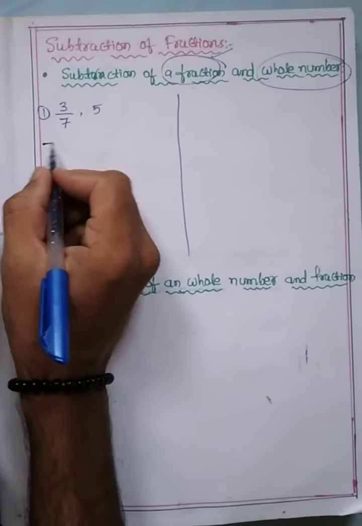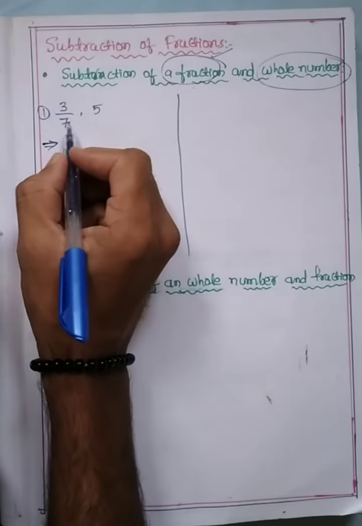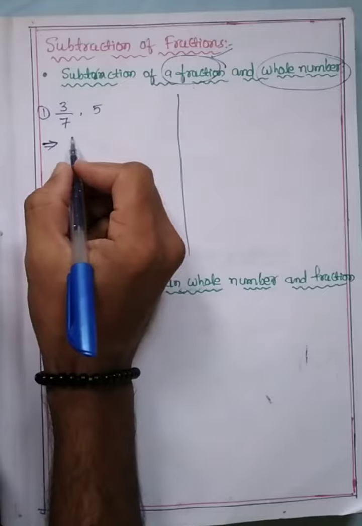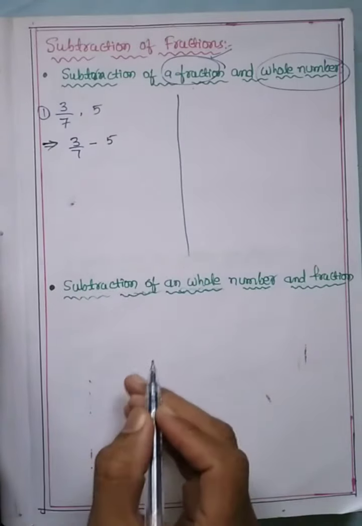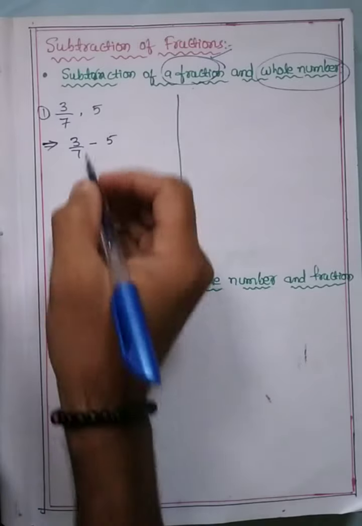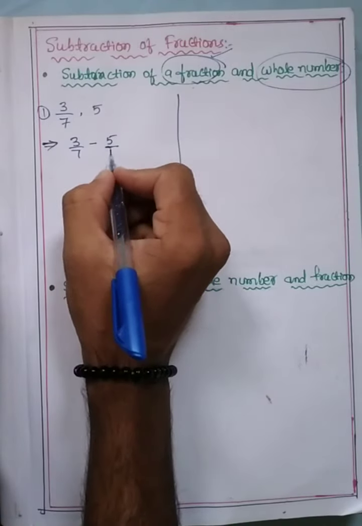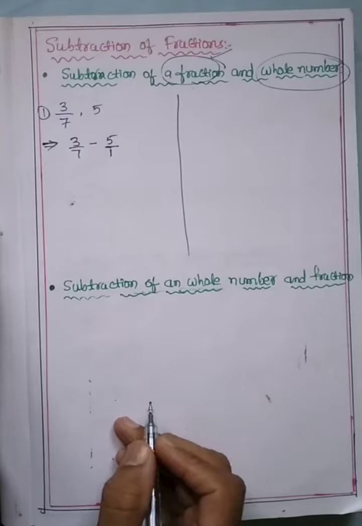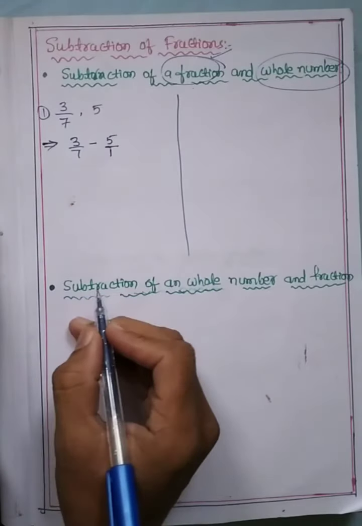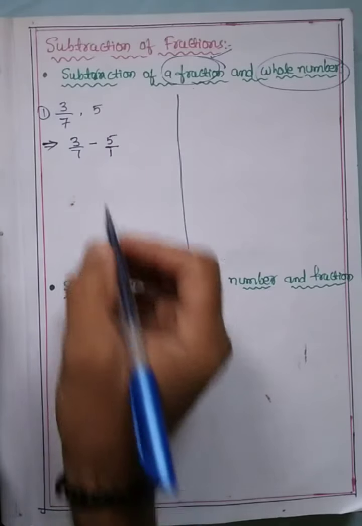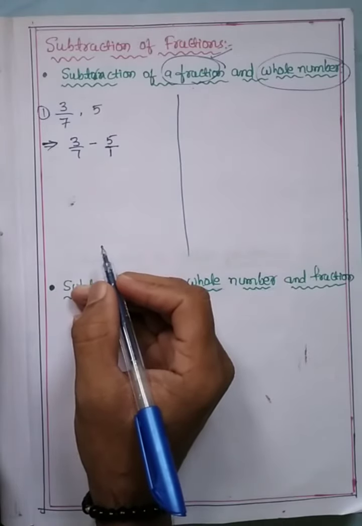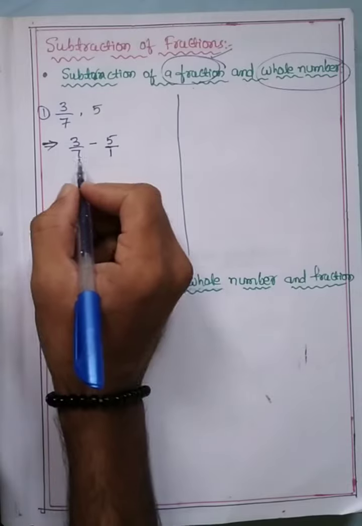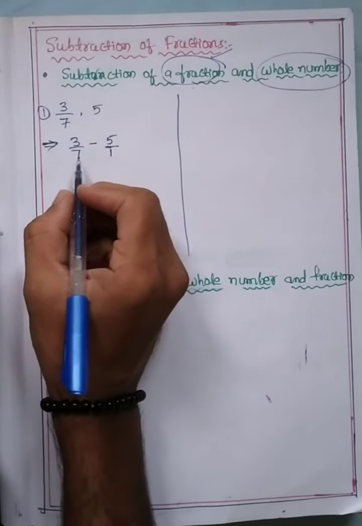So first, take here 3 by 7 comma 5. 3 by 7 minus 5. So 3 by 7 minus 5, right? Like this. If there is no denominator, take 1. In the previous class we discussed this concept very clearly. Now there are two methods. One is the cross multiplication method, and the second one is taking the LCM of the denominators. So see here,